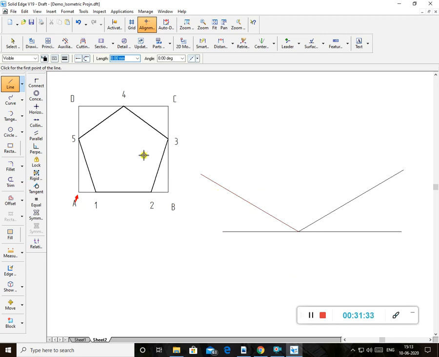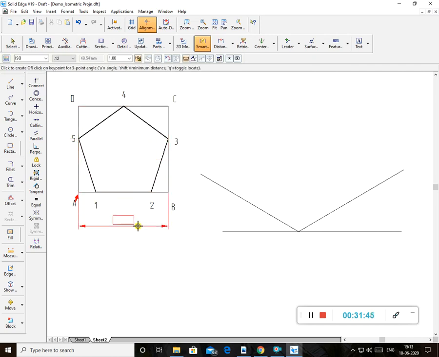Then I have to create the isometric of this pentagon. That means I have to make a box like this. Now I will measure the dimension of this line. When you are doing it manually, you have to transfer by compass.